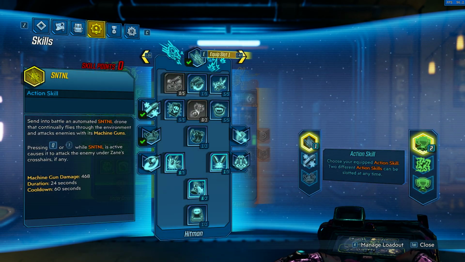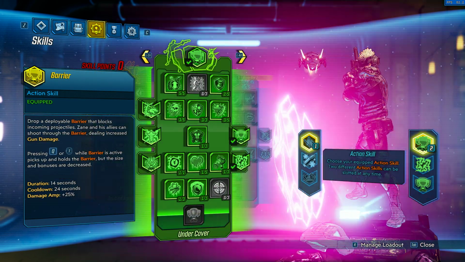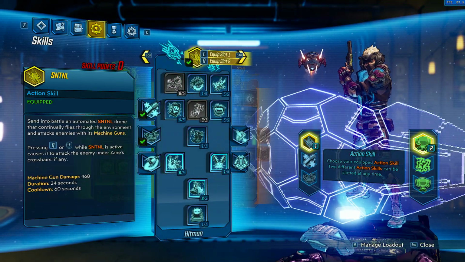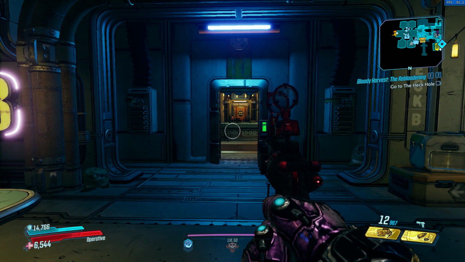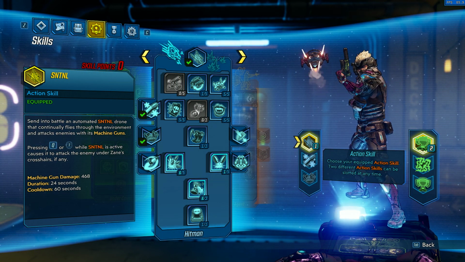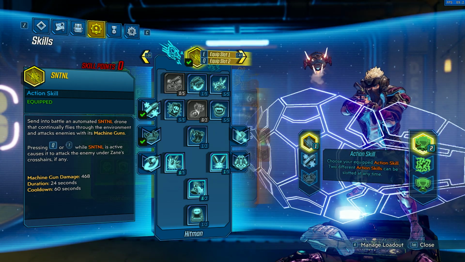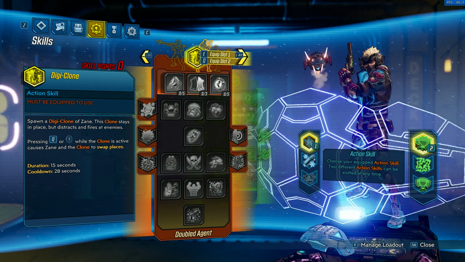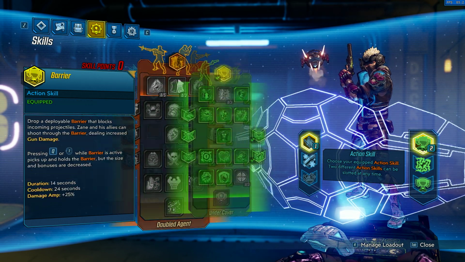But anyway, build first, and as you can see, this is a blue and green tree build. You would have seen in the bottom right corner anyway, at the start of the video, that those are the action skills that I have. So we have the Sentinel as our primary action skill, and without going into too much about why I